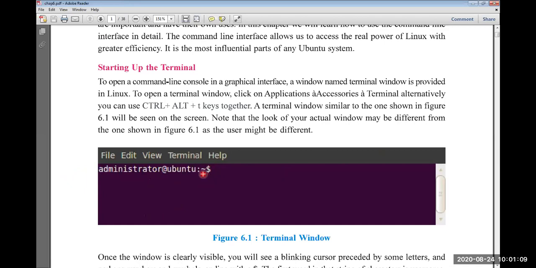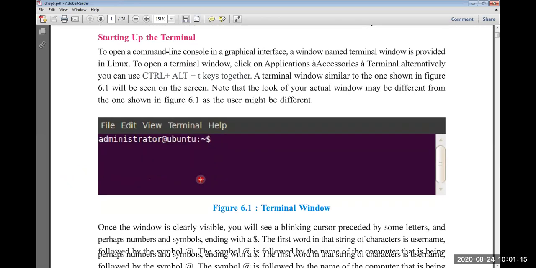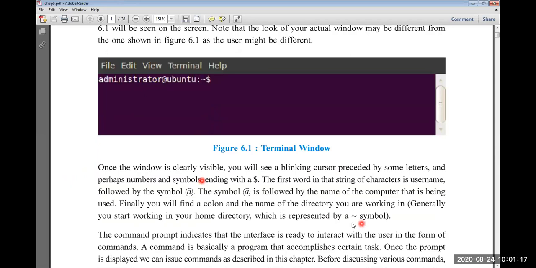Before the dollar sign, there is one more sign known as tilde, T-I-L-D-E, which you can see here. That represents your home directory. So whenever you start a terminal window, your home directory will start automatically.